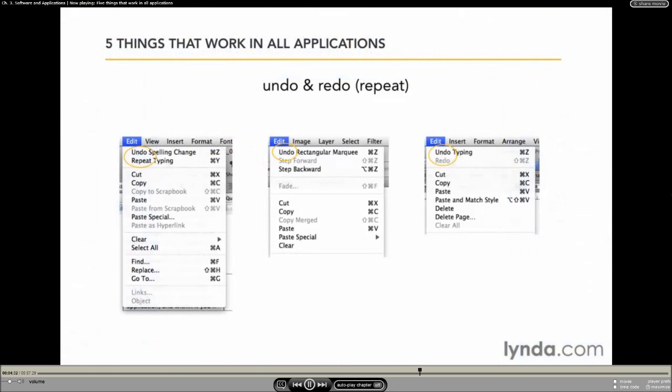Feature number 3 is another group of commands that also appear under the Edit menu of most applications. They are Undo and Redo. Whenever you make a mistake like accidentally deleting some text or making a change to a photo or video clip that you want to take back, you'll more than likely use Edit Undo. In almost every application, you'll find an undo command which simply takes back the last change you made to your document. Many applications even have multiple levels of undo, so you can take back the changes you made to your